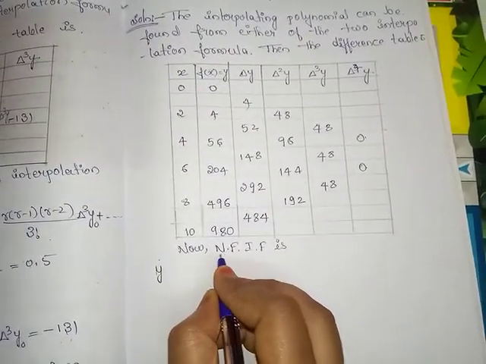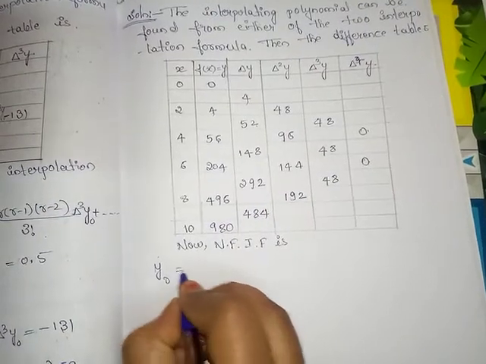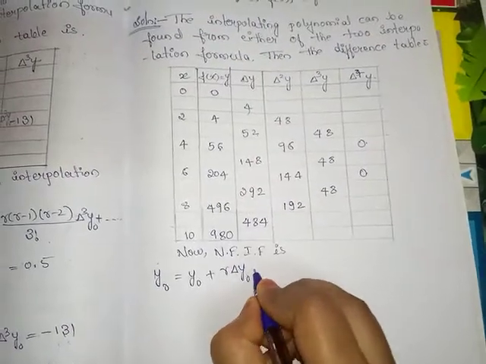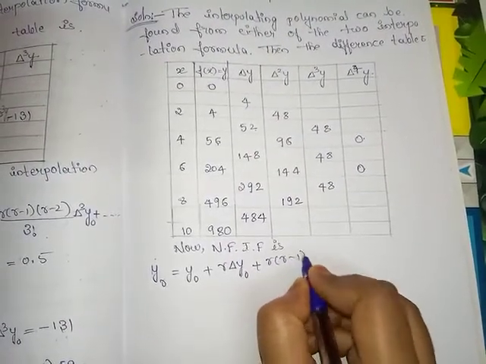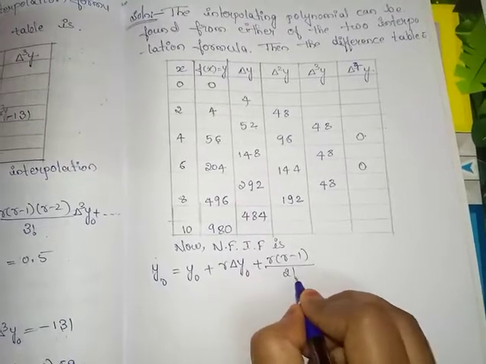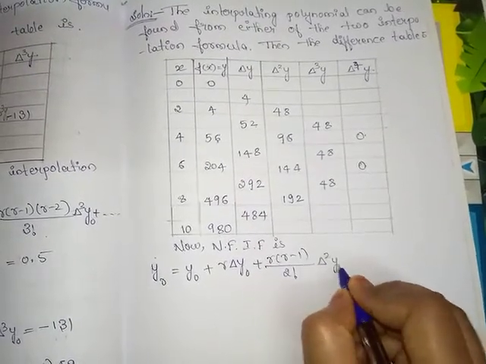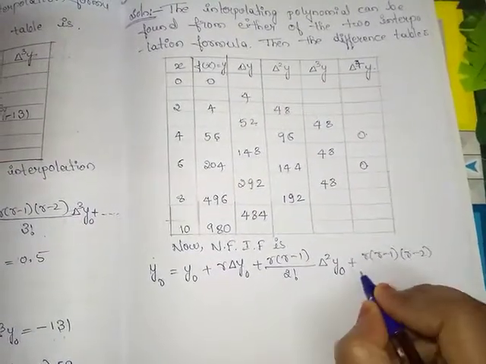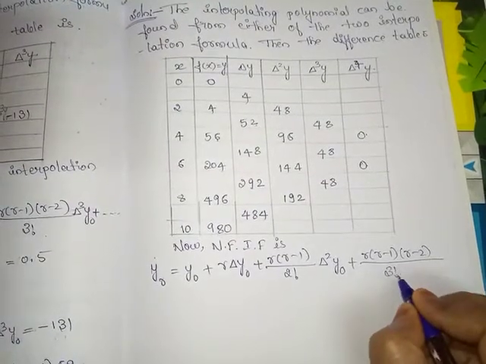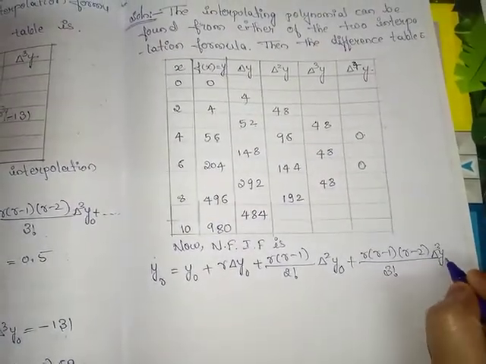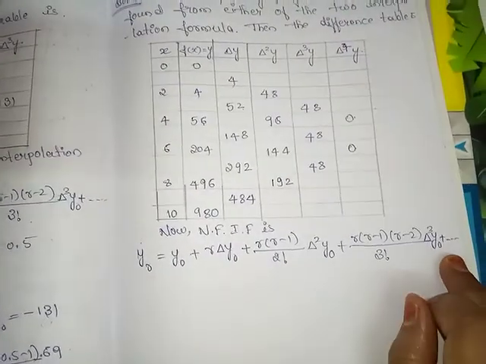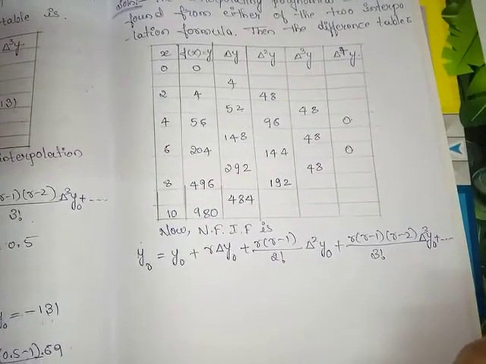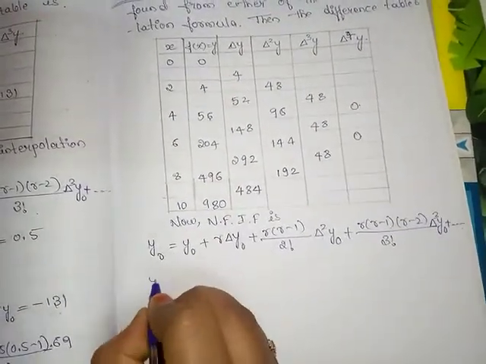That is, Newton's forward interpolation formula: y_r is equal to y naught plus r into delta y naught plus r into (r minus 1) divided by 2 factorial into delta square y naught plus r into (r minus 1) into (r minus 2) divided by 3 factorial into delta cube y naught plus and so on. Since here I am writing the general formula, we must write plus and so on. Remember this one, where